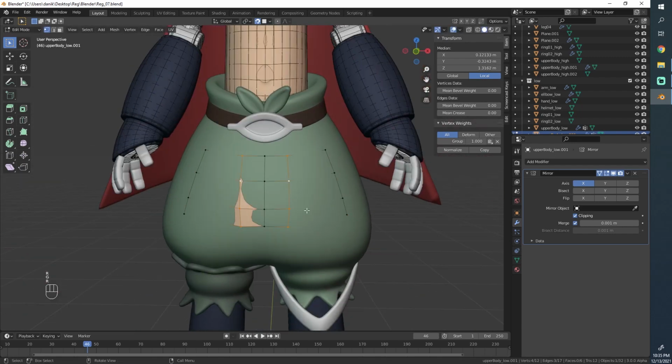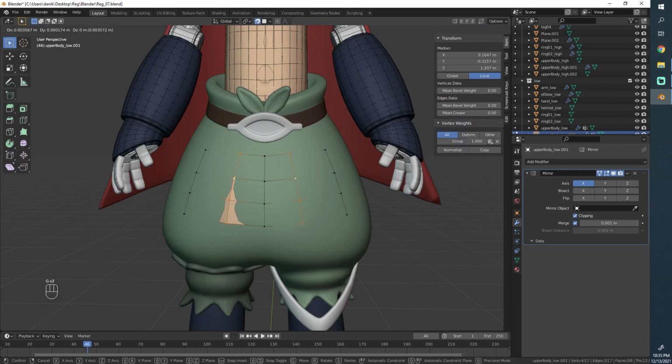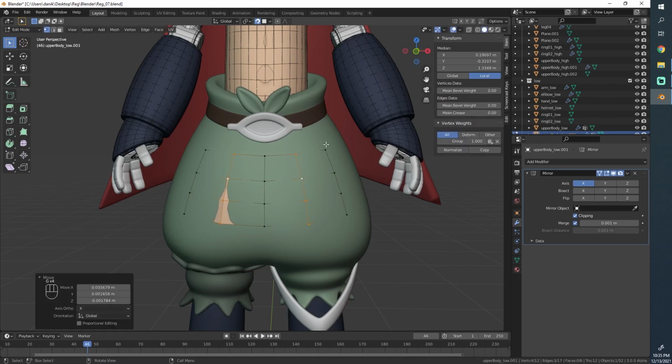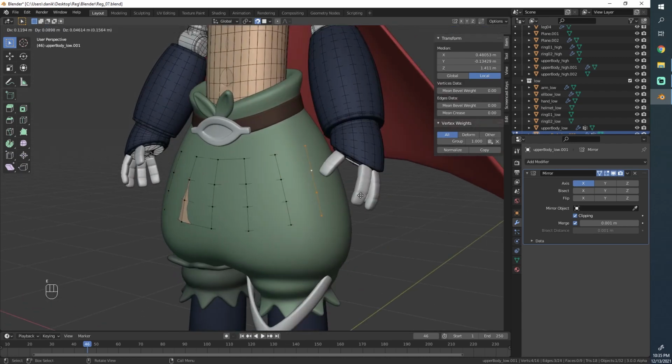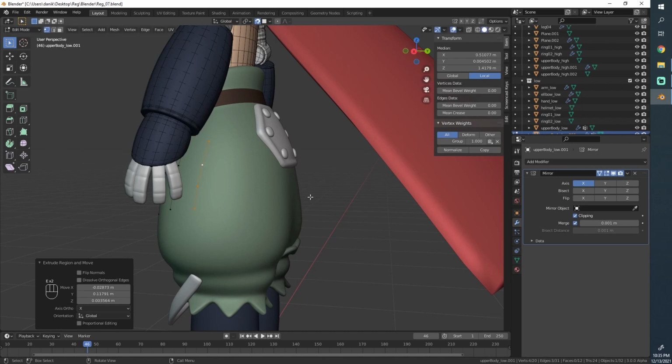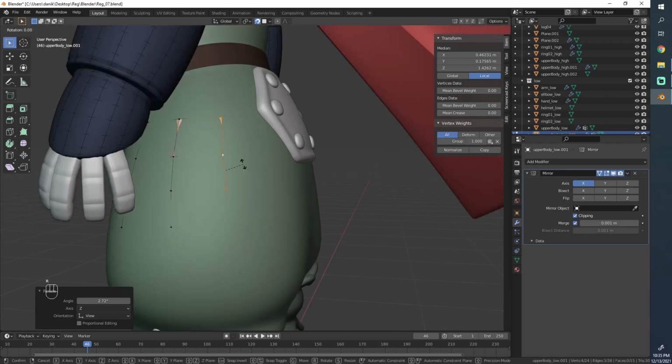So yeah, what I like to do is I just alt click on these loops, and I move them as a whole. I have the snapping tools enabled for most of the time, so it just automatically snaps to wherever I need to be. And I just go around, I rotate the whole loop. You see how it is slightly bent like this, and I want to straighten it out. What I like to do in this case is I tap R twice, and then you can kind of drag over in this direction.